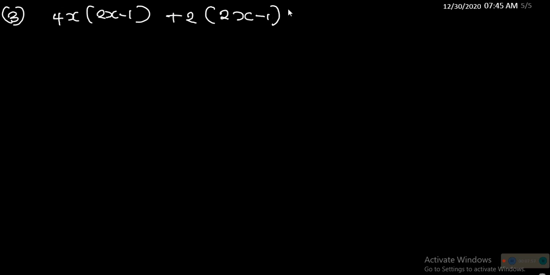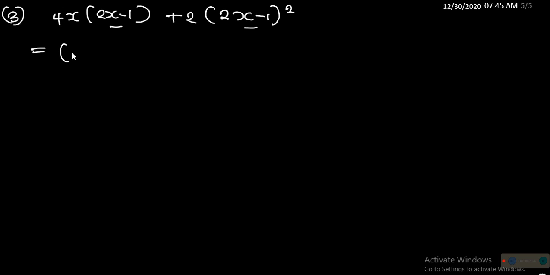Example 3, 4x into 2x minus 1 plus 2 into 2x minus 1 all squared. Okay, now guys, factoring out the common factor. The common factor here is 2x minus 1, so we can factor that out to give us